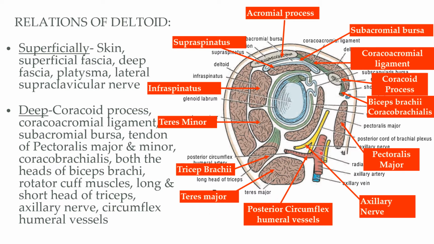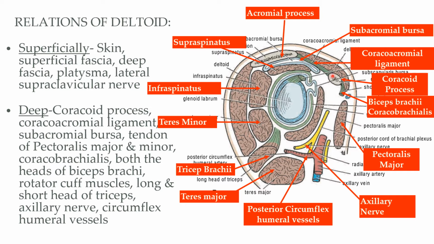Now you can see this is the axillary artery. From the third part of the axillary artery, the branch arises which is the posterior circumflex humeral vessel. In this case, you are able to see the red color structure which is the posterior circumflex humeral artery. Along with it, we have a nerve running, and both these structures encircle the surgical neck of the humerus posteriorly. This nerve, represented by the yellow color here, is the axillary nerve, which is the branch of the posterior cord of the brachial plexus.